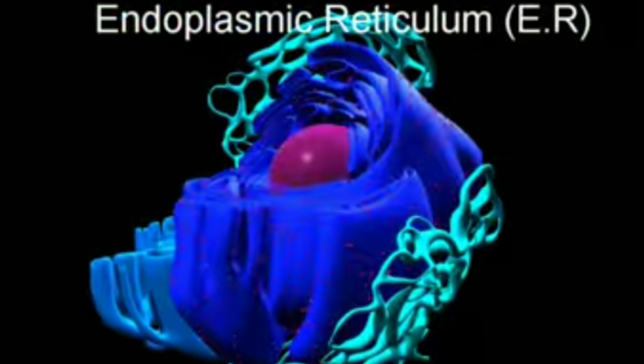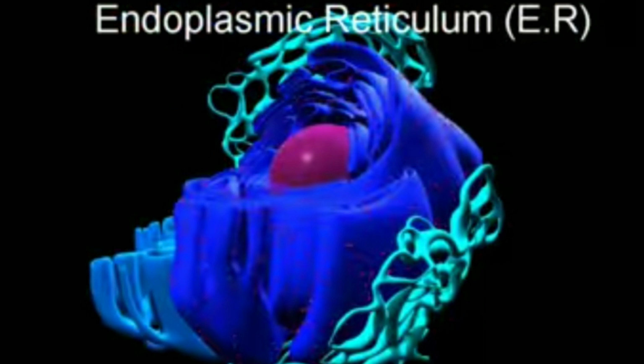The organelle which conducts various substances inside the cell is called the endoplasmic reticulum, that is, ER. It has a net-like structure consisting of interconnecting miniature tubes and sheets filled with fluid. The endoplasmic reticulum is connected to the nucleus from the inner side and to the plasma membrane from the outer side. A rough endoplasmic reticulum has ribosome granules on its outer surface. Let us see what the functions are.